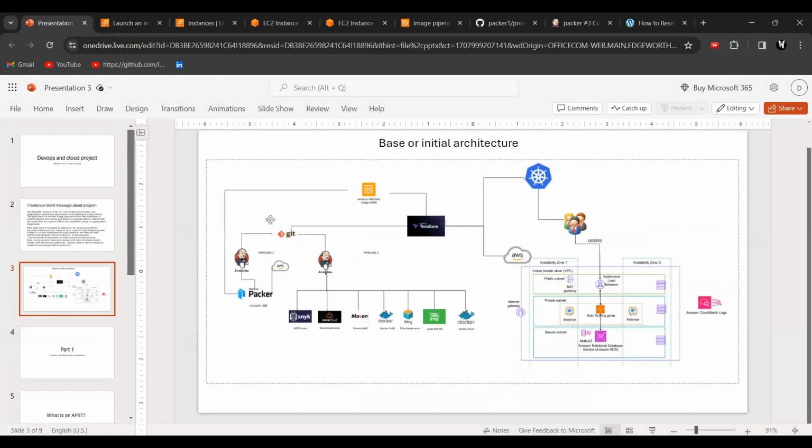Here, you see the first part has been successfully completed, and in the first part we created an AMI using Packer. Now that Packer AMI will be used in the third part, in the auto scaling groups. We'll give this AMI so that instances are launched using our custom AMI, or golden AMI. This golden AMI is given to the auto scaling group.